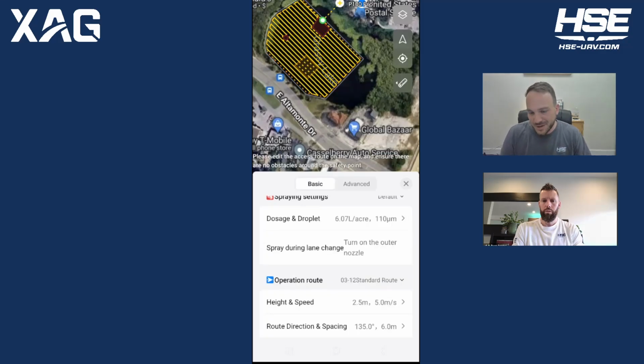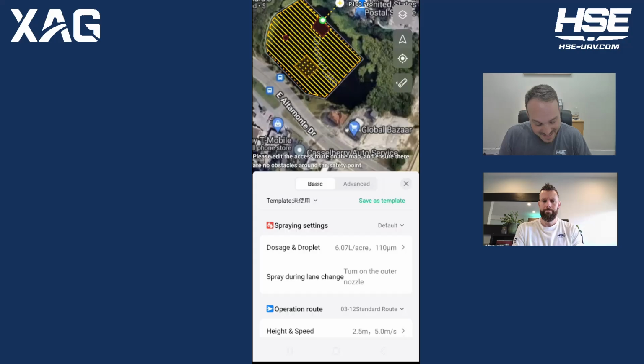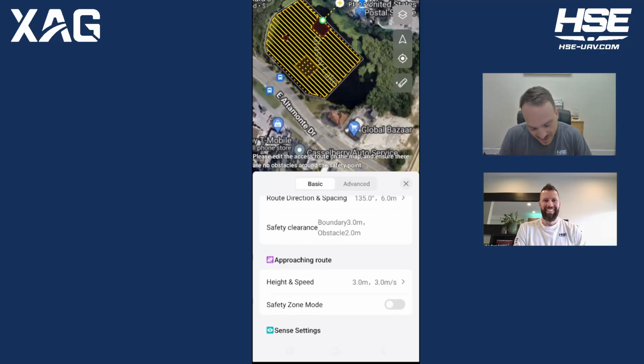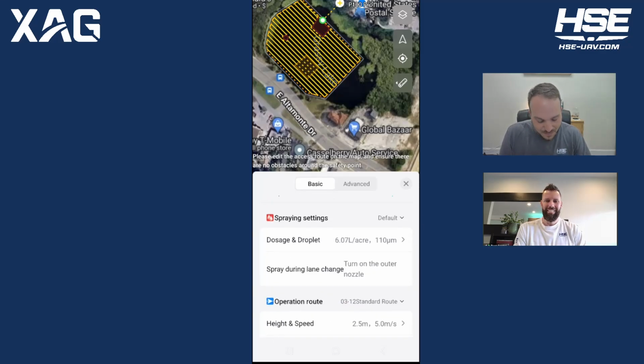They've also added, I've noticed, to the basic settings, some very important options like the radar terrain following, which before used to be in advanced settings, something you had to change all the time. So a lot simpler. Let's go into the spraying